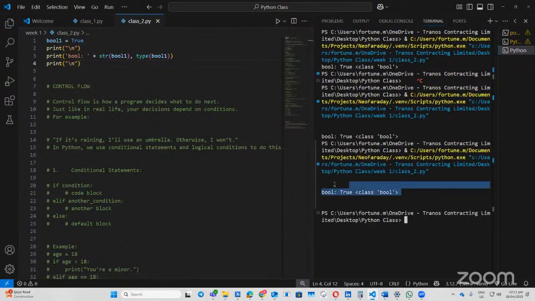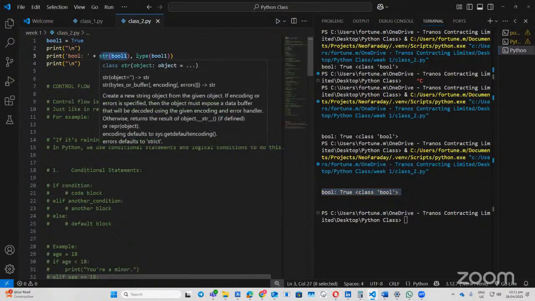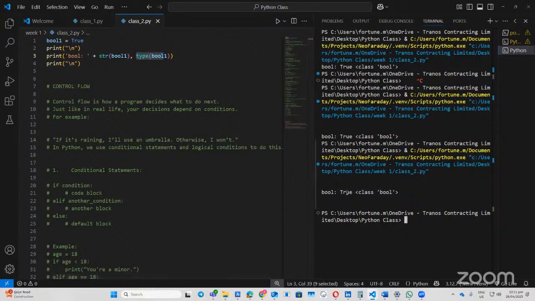Right, so look at this. You printed bool, string, and then the type. You printed that this bool is true, and then the class is the type, which is bool. This is the type bool, Boolean. So there is a much cleaner way to do this in Python using what they call the F